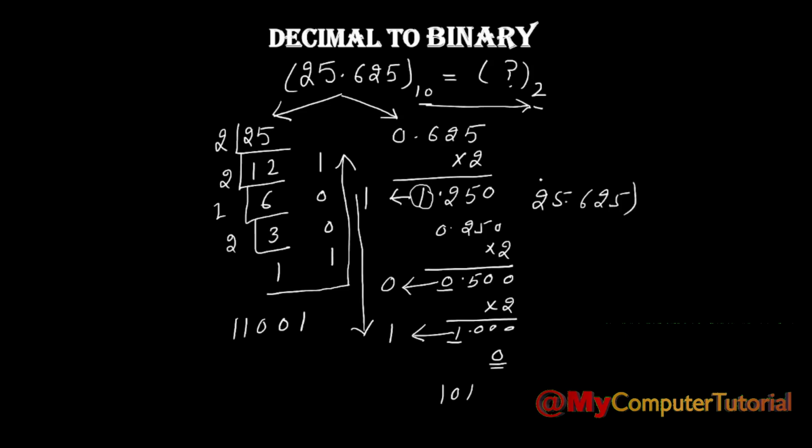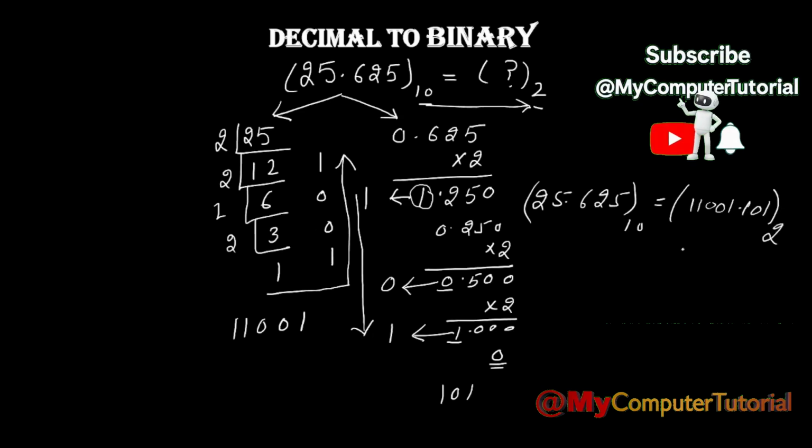So the whole number is converted as follows: 25.625 in base 10 is equal to 11001.101. This is in base 2. So this was the conversion which